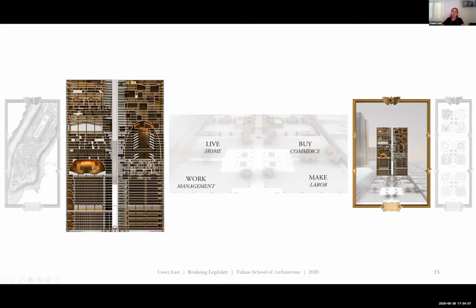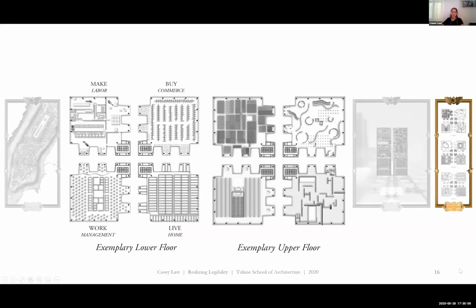The building section shows elements of free section arranged according to program and use. Each building complex is comprised of 4 towers: live, buy, work, and make, such that the buildings are self-sufficient. The exemplary floor plans are drawn to emphasize and describe program and organization more explicitly. They show a typical factory, bazaar, cubicle organization with management core, micro apartments contrasted with an upper floor agricultural farm, concept store, gallery space, flexible WeWork spaces, and a penthouse apartment.